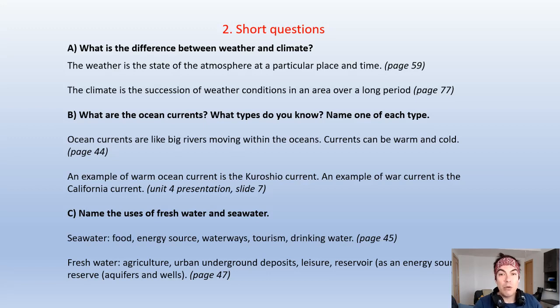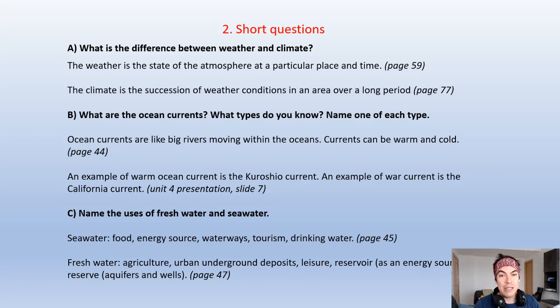For example, the weather right now, today is April the 1st, and right now in Rivas, where I live, I am looking through the window and I can see we have bad weather. The sky is totally covered by clouds. It is cloudy and it is going to rain in a short time. So that's the weather. That's the state of the atmosphere right now, at this moment.